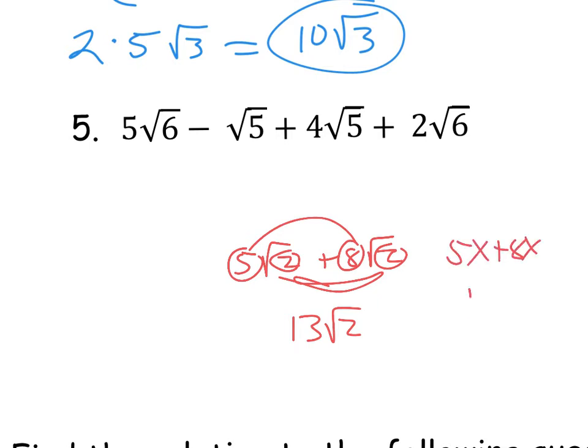just like if it was 5x plus 8x. That's just 13x. You don't square it or do anything like that. You're just adding the numbers in front. Same with the radicals, okay? So we look at these,